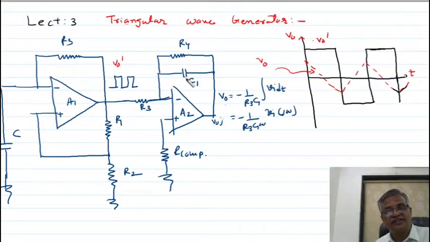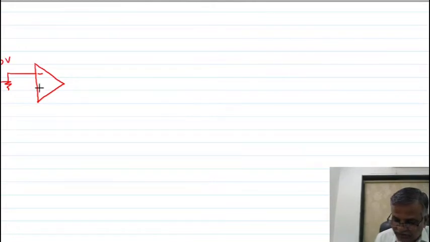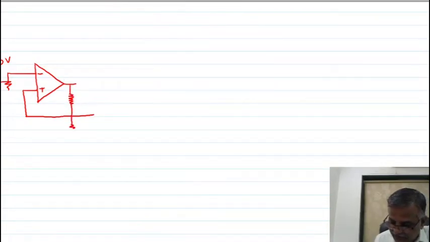Now I am showing you another circuit with a smaller number of components. It is a triangle wave generator, but with fewer components. This is the circuit diagram, where the first circuit is a square wave generator. Here I am connecting the potential divider network, consisting of resistors R2 and R3.